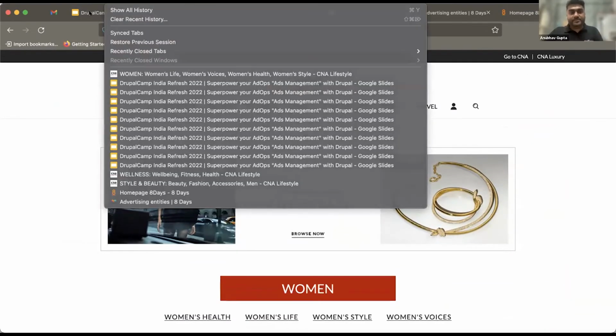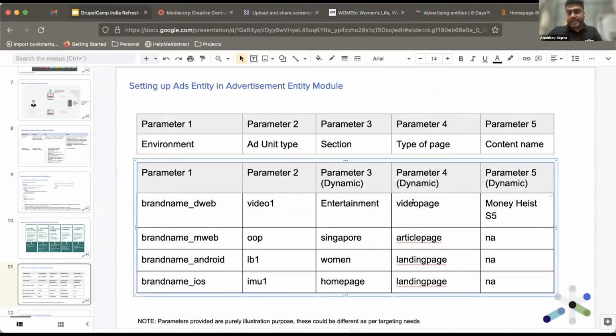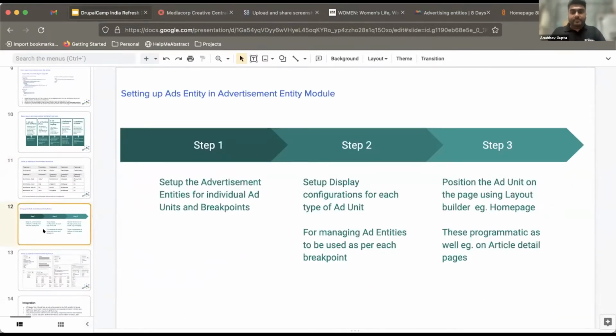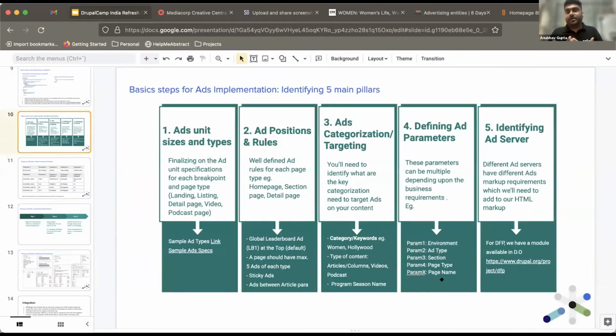So it becomes very easy because we have defined here that I have woman as a section. So for the ad server, it's very easy to make a targeted call on the ads, right? So once we have done here, next up is